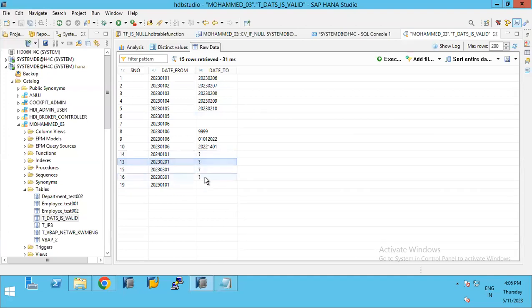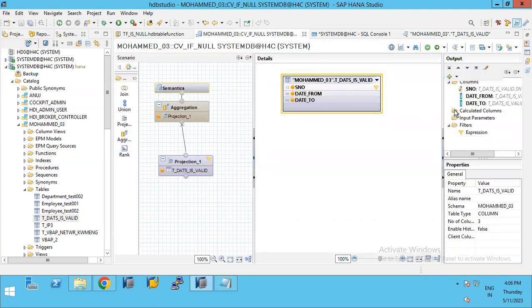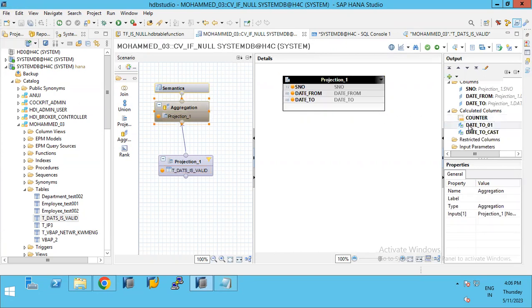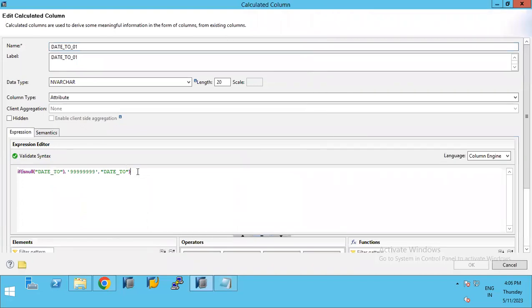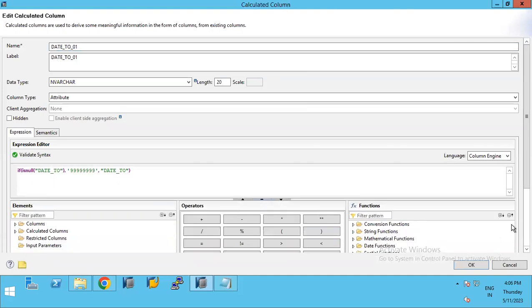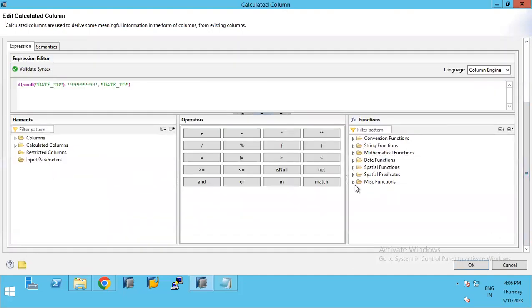Now in place of these question marks, I want 9999. So how can I do it? I have to create a calculated column here. I have created a calculated column with date 201. Here I need to use an IF keyword. The IF keyword will give me two things: one is the condition. If the condition is true, what to do? If the condition is false, what to do? So my condition is